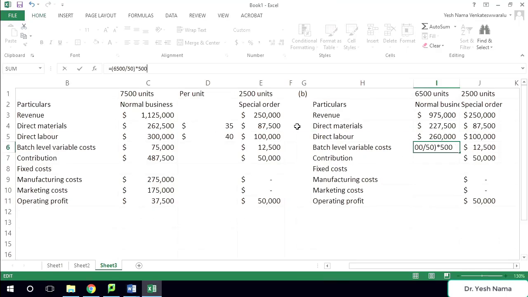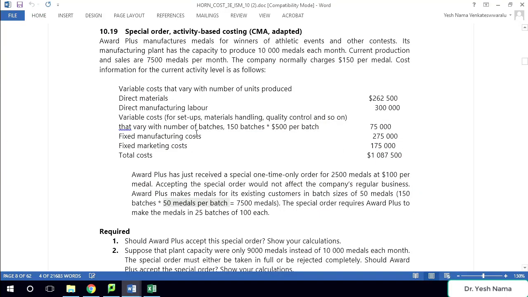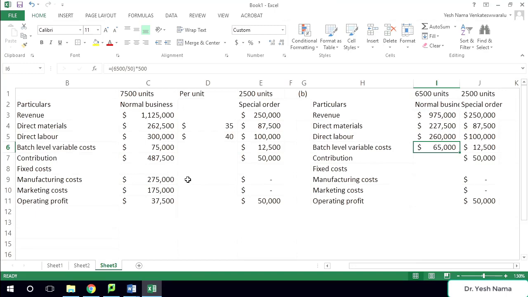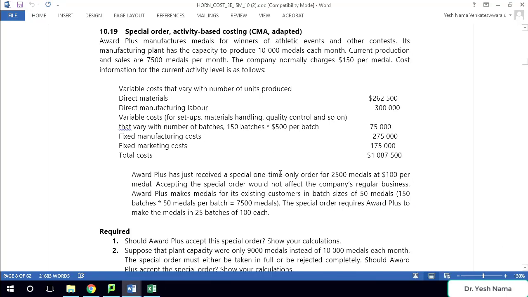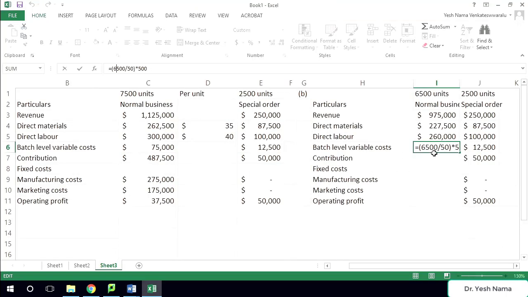500 per batch. We reduce the number of batches based on normal business. Normally, the company produces 150 batches times 50 medals per batch, 7,500. But we have to let go 1,000 medals of this business, right? So this is why it will be 65,000 batch level costs here. 6,500 medals upon 50 medals per batch will give us the number of batches times 500 is our batch level